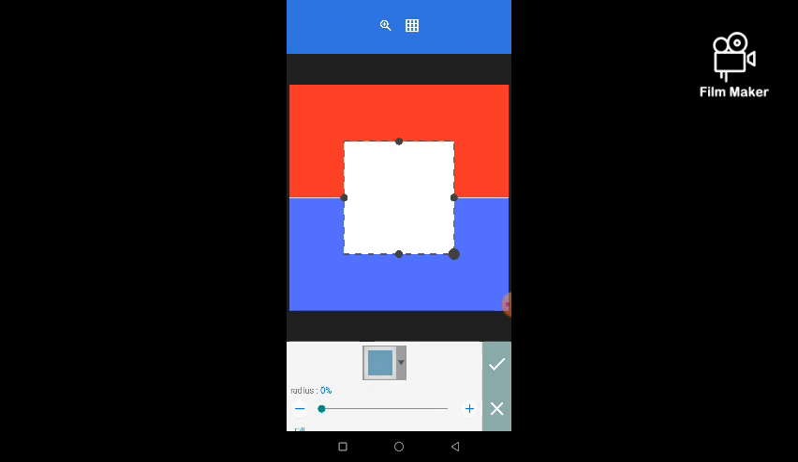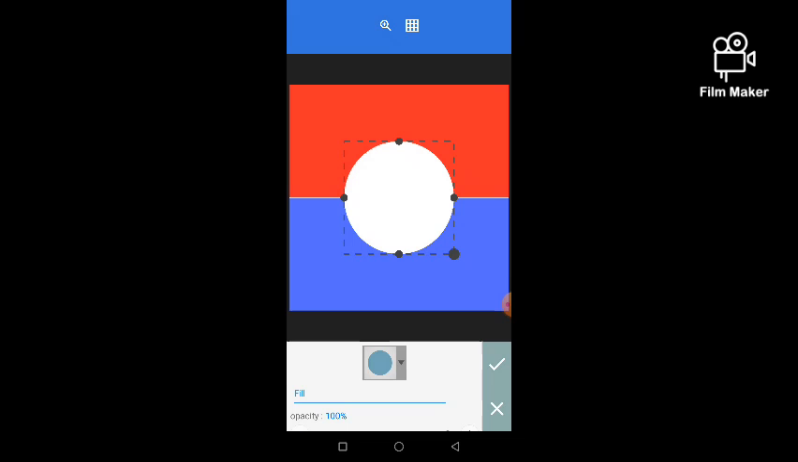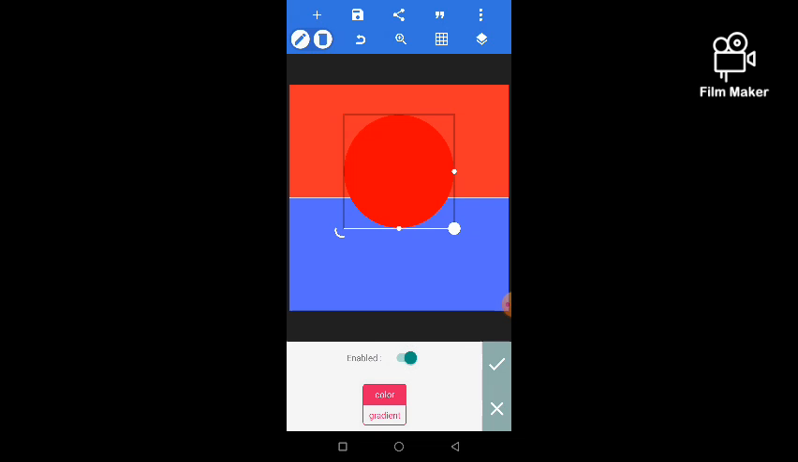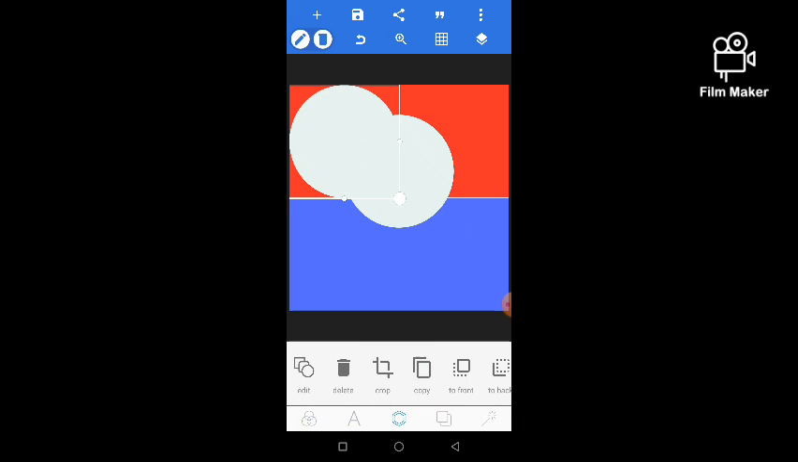So this time around, I will be changing the shape I will be using to circle. I'll place it at the center. I'll change my circle color to white. Click OK. So I'll click on copy again, so we're having two circles. So I'll click on the second